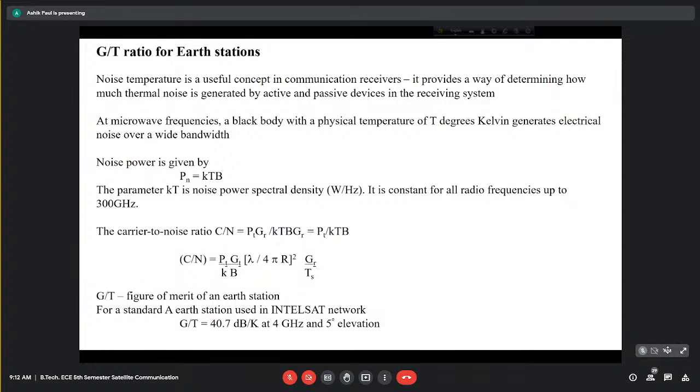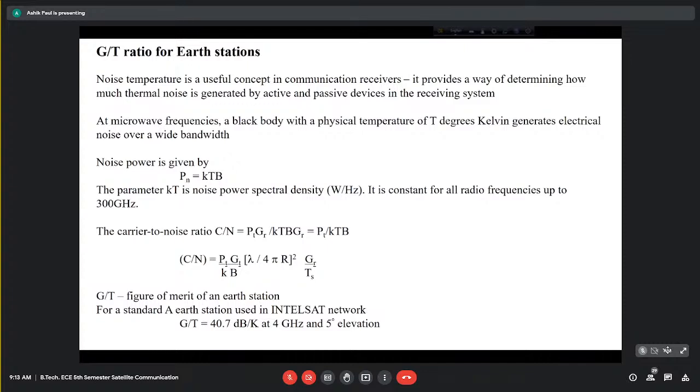So by now, from your analog communication classes, I think you are familiar with the concept of noise temperature, okay, in the receivers. And that noise temperature is contributed by the different subsystems or blocks in a communication receiver. And this noise temperature is a way of understanding how much thermal noise is generated by the active and the passive components in the receiving system. So